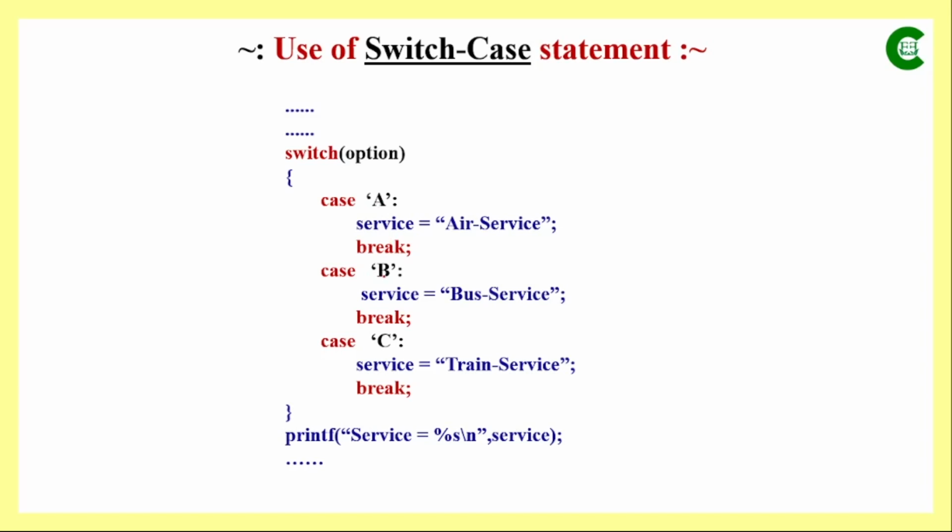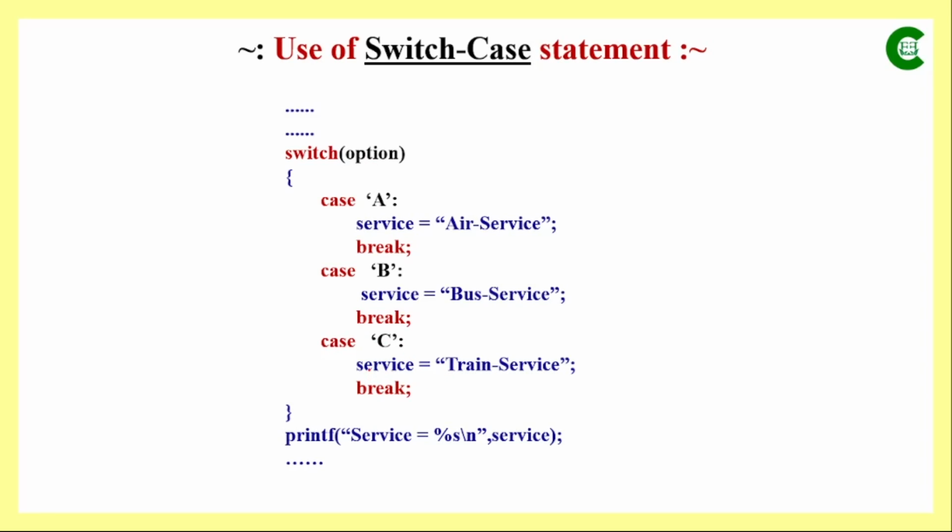and if it matches this value, then it will execute this statement, and again the control will come out of the switch statement. But still, if it doesn't match case B, the second case whose value was V, then control will go to the next case where the value is C. If that matches the value of the switch expression that we have, then it will execute this